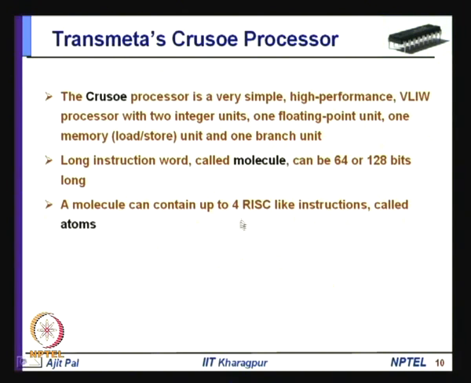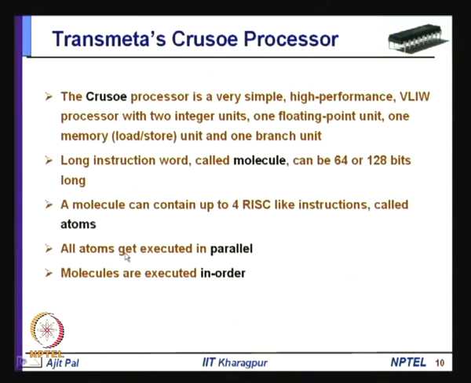And then 4 atoms form a molecule, and all these atoms get executed in parallel, as you have seen, because each of them is fed to different functional units. So, they can be executed in parallel, and the molecules are executed in order. That means, these VLIW instructions are stored in the memory, and they are fetched one after the other, executed in order. So, there is no need to convert out of order to in order with the help of a retire unit